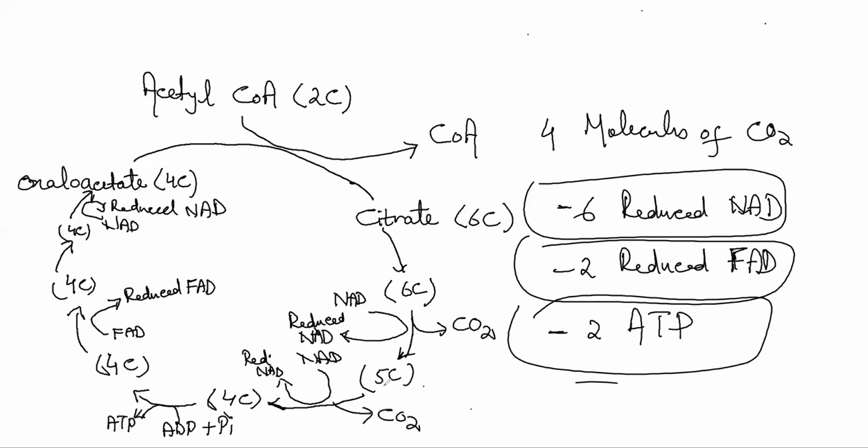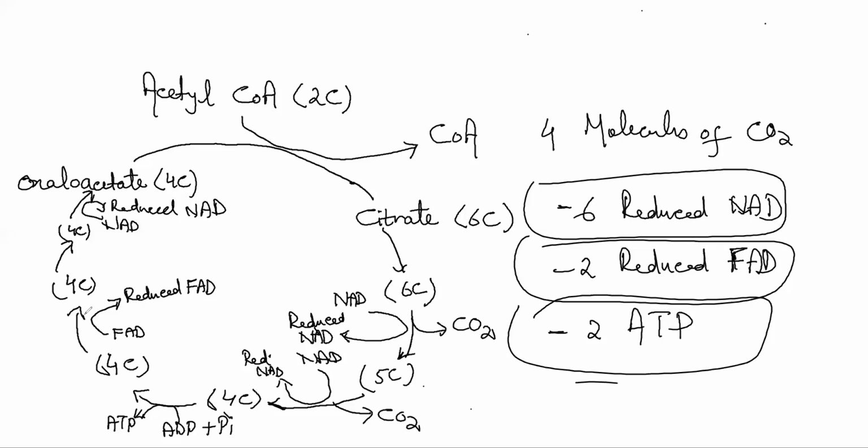This 5-carbon compound is once again decarboxylated with removal of one more carbon dioxide, so it changes into a 4-carbon compound. At this stage, once again, one reduced NAD molecule is produced because of the dehydrogenation which has taken place here. Then this 4-carbon compound is converted into another intermediate 4-carbon compound. No more decarboxylation now till oxaloacetate, because the number of carbons remains 4. One ATP molecule is synthesized here, from ADP and inorganic phosphate. Then this 4-carbon compound is converted into another 4-carbon compound.